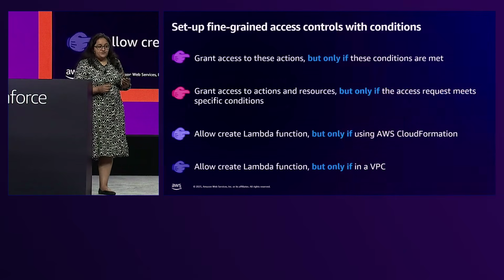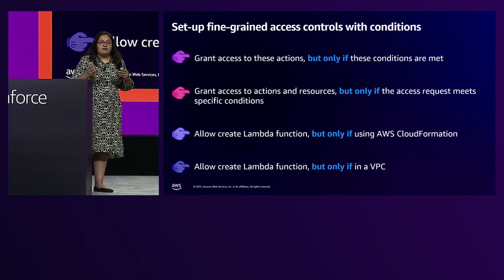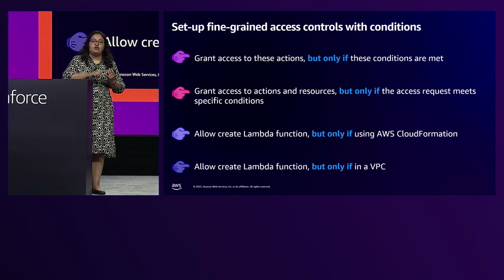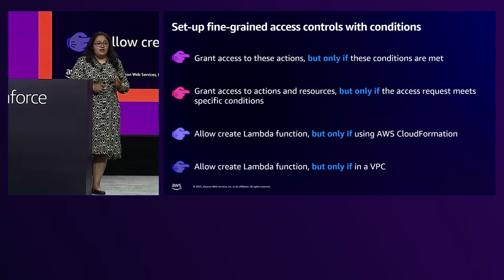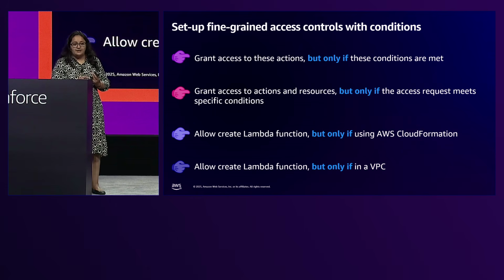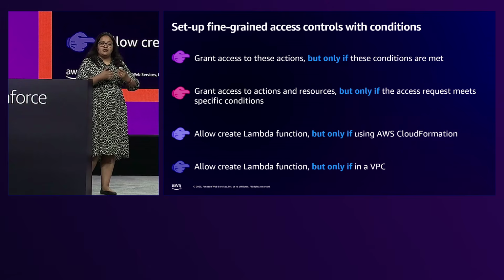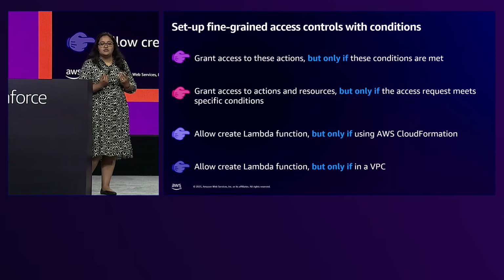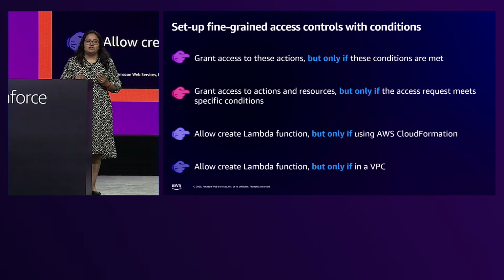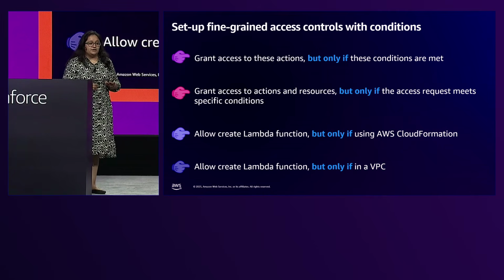So you do that by setting up fine-grained access controls with IAM conditions. You start with the broader IAM condition, and then you go down and down and down, and you say, this should only happen if this condition is true. This should only happen if the IAM entity is originating from this particular principal ID. Or this should only happen when it's tagged a certain way. So you go down and down, starting with the broader IAM policy to a very restricted policy, only enough to give that particular entity enough permission to do the job that it is required to do. So you bring it down to the least privilege principle.